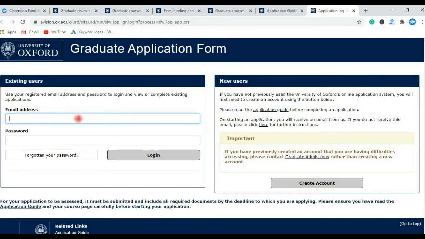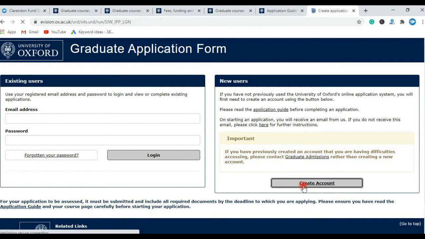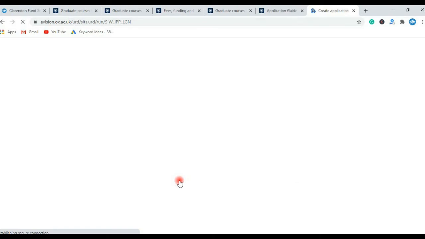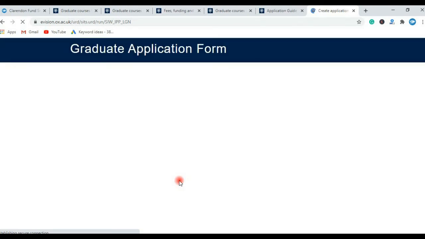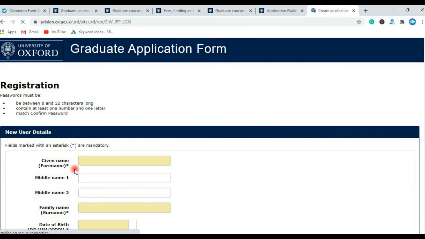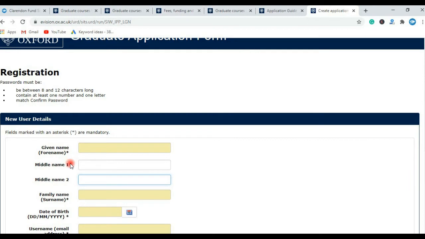If you have already created an account, then log in in these sections with email and password. If you do not have an account, create a new account. Enter your given name, middle name 1 and middle name 2, which are optional.